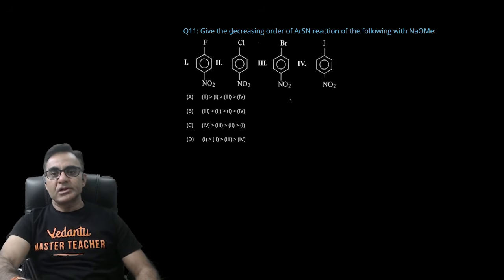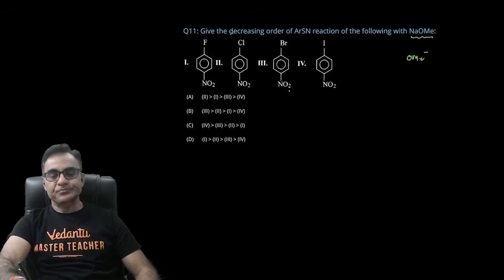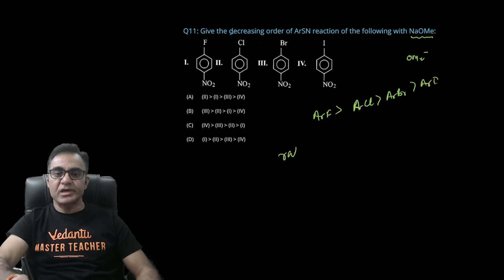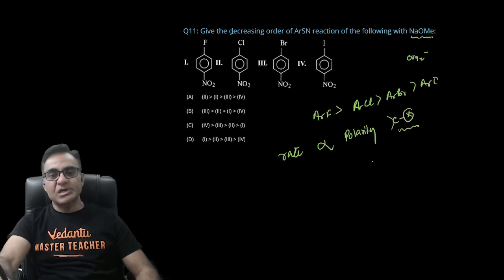Give the decreasing order of SNAr reaction for the following with NaOMe, यानी OMe minus nucleophile है और यहाँ SNAr reaction होने वाली है, और SNAr reaction में देखो ArF is more reactive than ArCl, then ArBr, then ArI, because जो rate होता है directly proportional to polarity of C-X bond, जो leaving group है ना, ये bond जितना ज्यादा polar होगा उतना ज्यादा reactivity होगा।